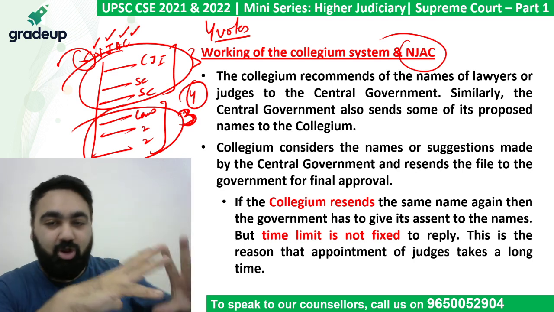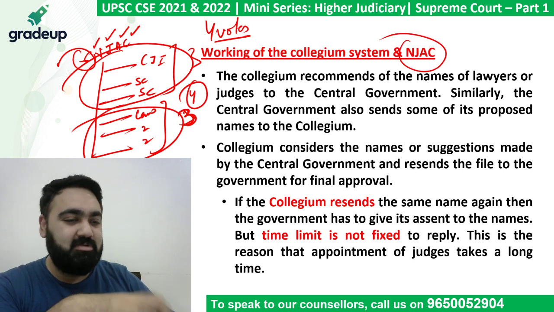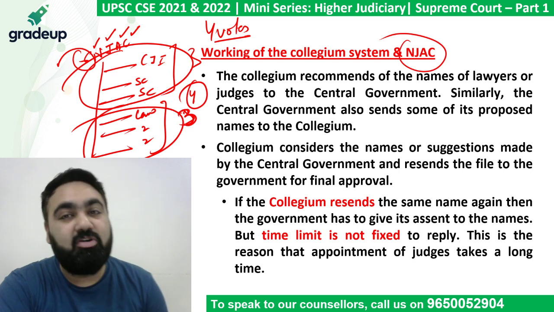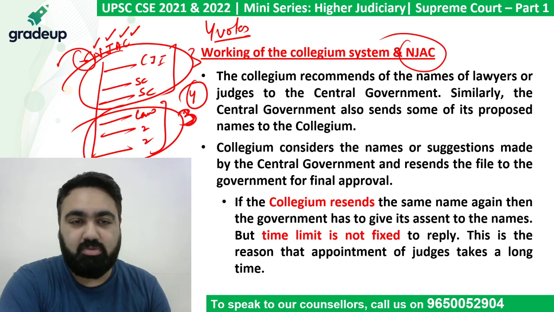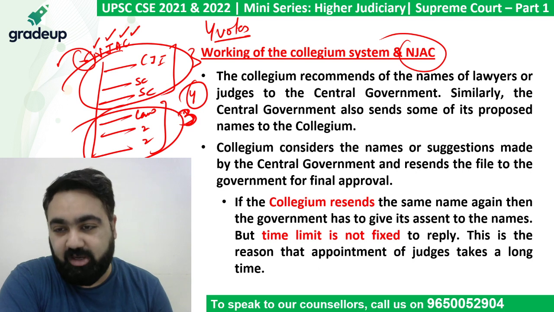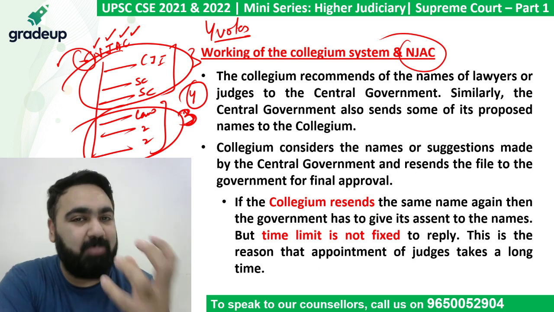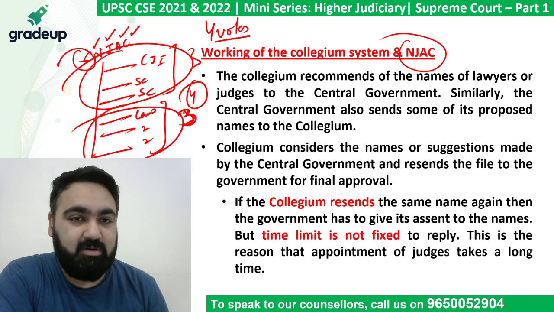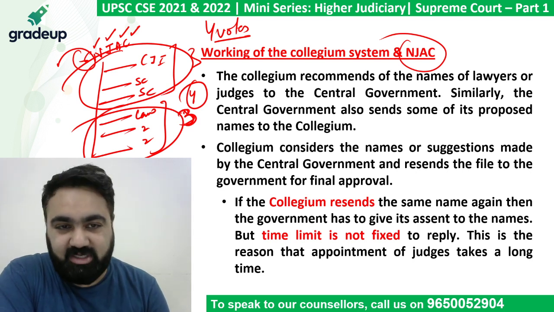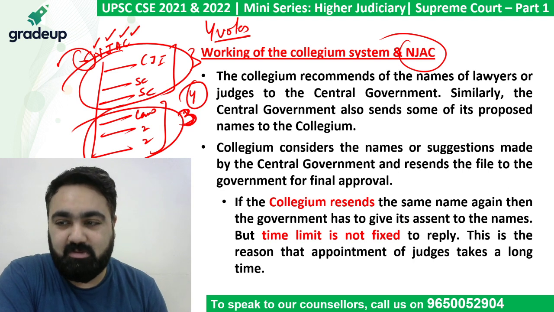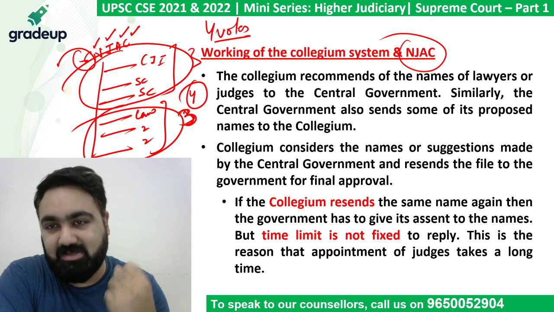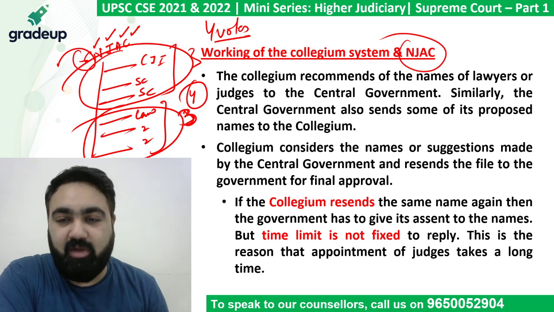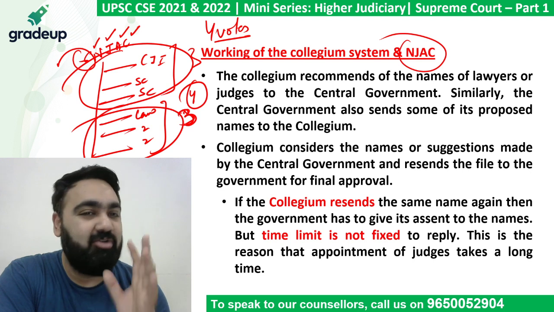But even before the law was passed, many people thought judiciary will not allow it to happen. Because why would the judiciary, the Supreme Court also, any government organization, any authority, not want to keep as much power in their hands as possible? So if the Supreme Court has the power to decide who will be the next Supreme Court judge, why would they want to give up their powers? See, it's all about concentration of powers in the hands. So everyone thought that Supreme Court will not allow the NJAC, and that is exactly what happened.